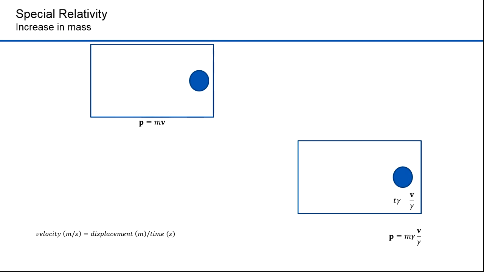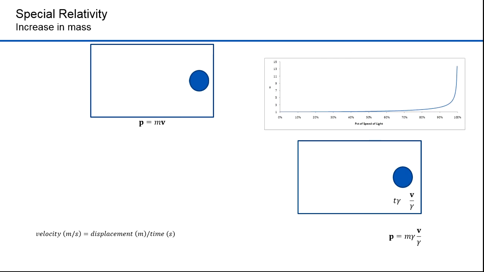Einstein suggested that in order to account for the velocity being reduced by a factor of 1 over gamma, you'd have to increase the mass by a factor of gamma so that you got the same momentum. If you observe a mass moving, the mass will increase. At speeds below the speed of light, the increase is negligible, but as you approach the speed of light, there'd be a noticeable increase. Gamma equals 2 at 86.7% of the speed of light. If you see someone traveling that fast, you'll observe them at half speed and double their mass.